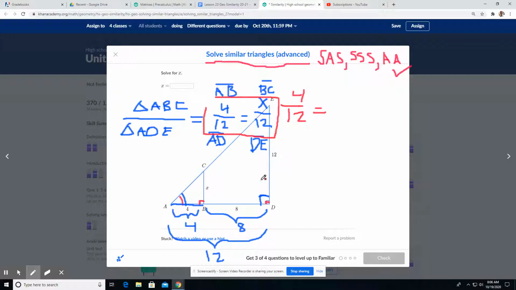So that just means they're equal. 4 over 12 equals X over 12. AD side, 8. Let's see. AB. AB is 4. Matches BC, which is X. So 4 over